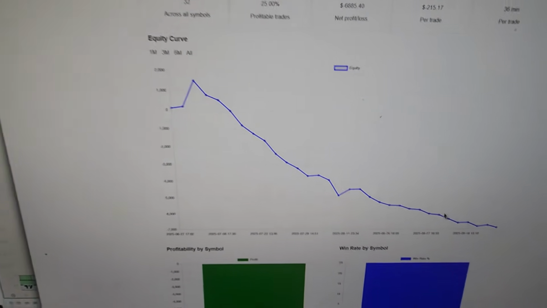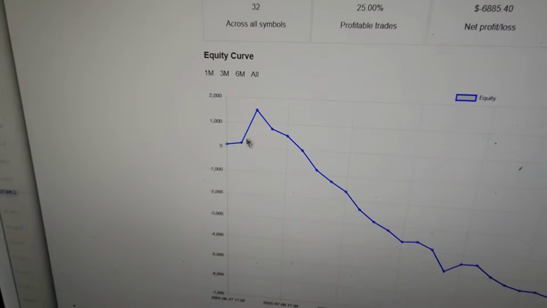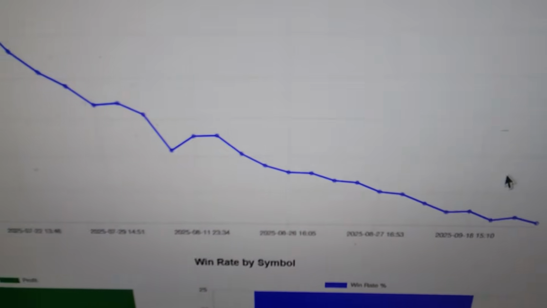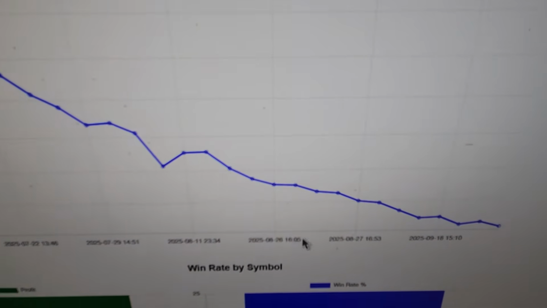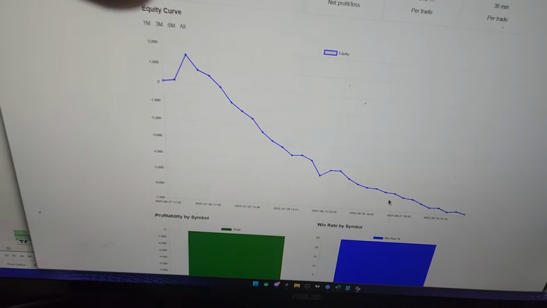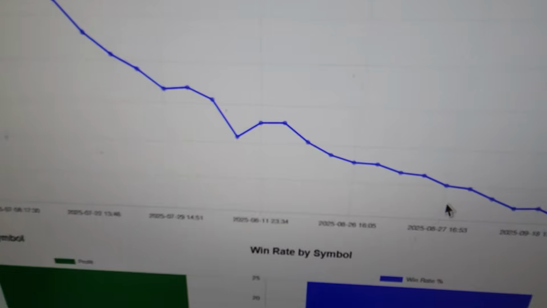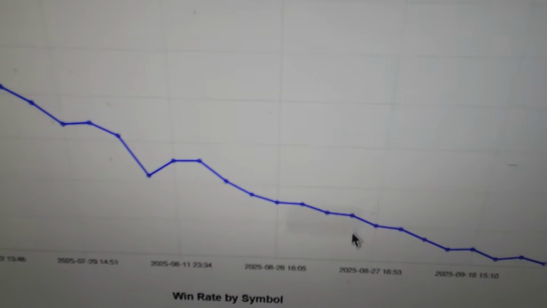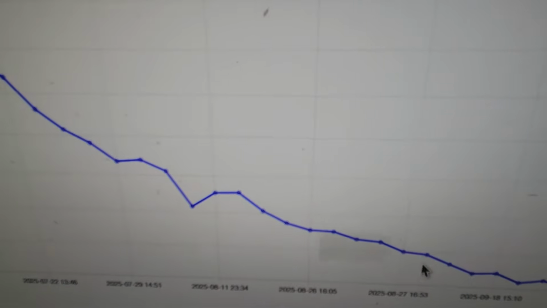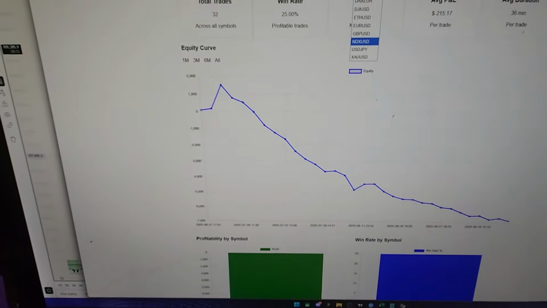And if you notice, I slowed down a lot on the NASDAQ. I barely take any trades, which is why it's steeper here, but it's not as steep down here because I've slowed down a lot. I don't take a lot of trades on the NASDAQ. And since I made that change of putting my model on paper, which was late August around here, I haven't given the NASDAQ enough time to prove itself as something that I would continue to trade for the remainder of my trading journey, right?